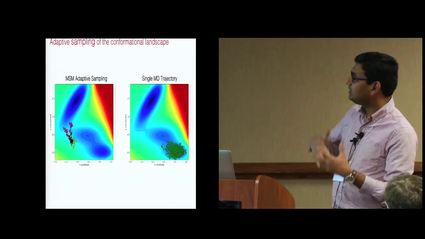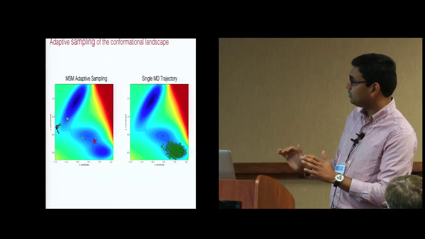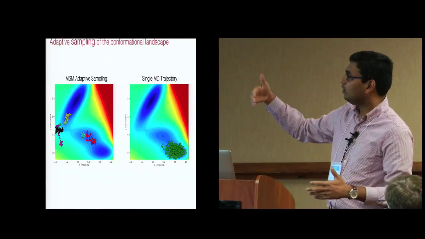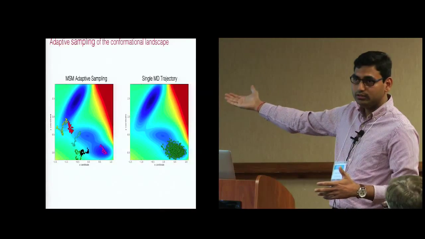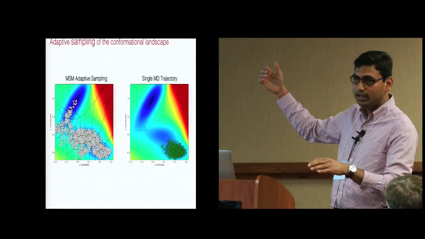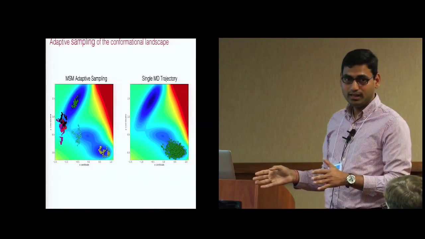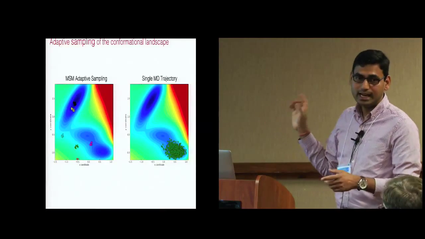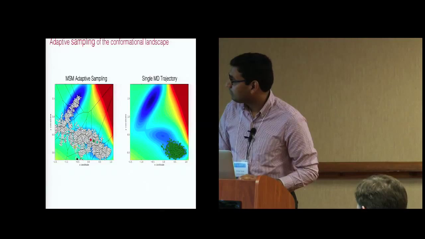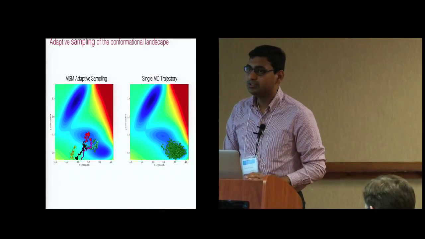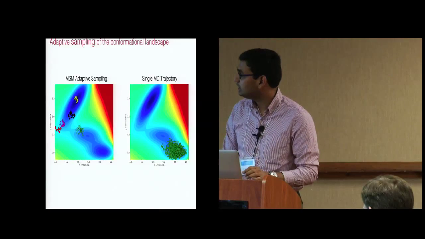Whereas what you're doing here is that because you're starting your simulations in different regions of the landscape that have been explored through unbiased MD, you are crossing over the barrier much, much faster than a single MD simulation just sitting in the basin. The total aggregate time in these two figures is the same, but you have explored the entire landscape much more efficiently. So this is an order of magnitude faster, and you sample the low populated regions well, which is important for understanding the mechanism of conformational change.